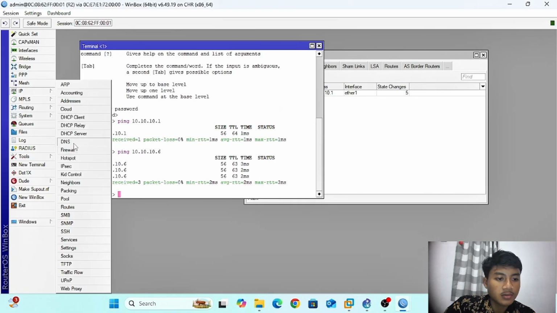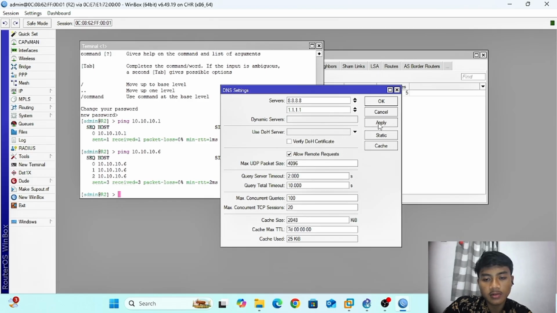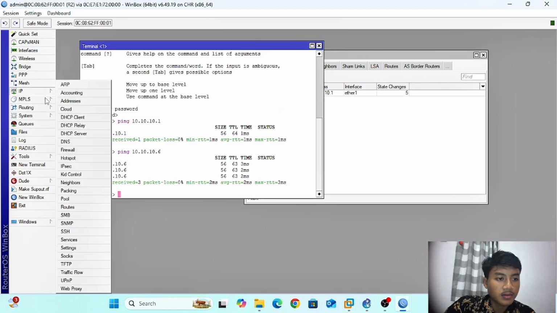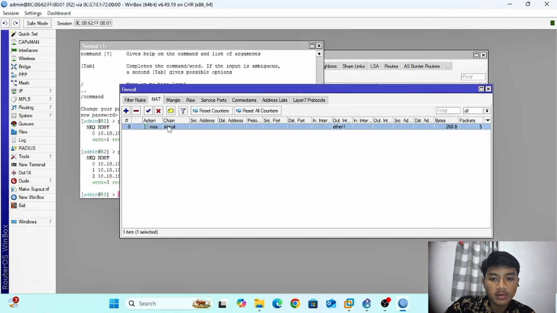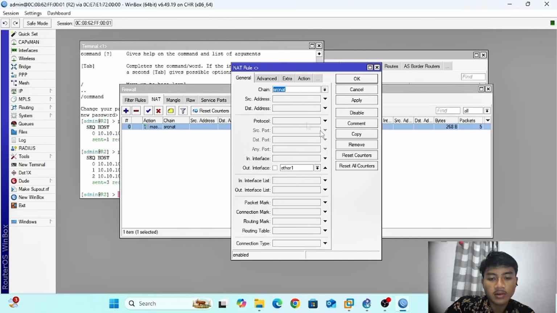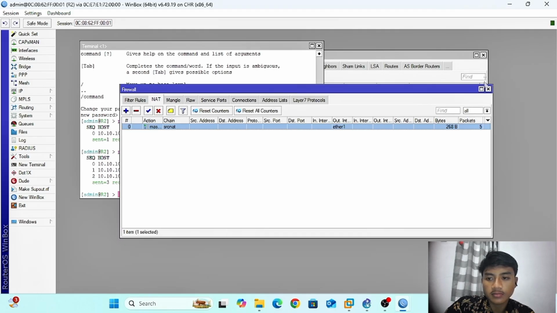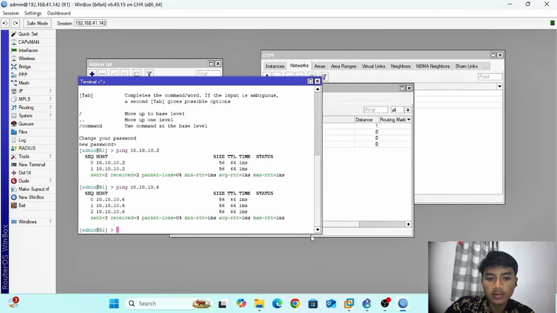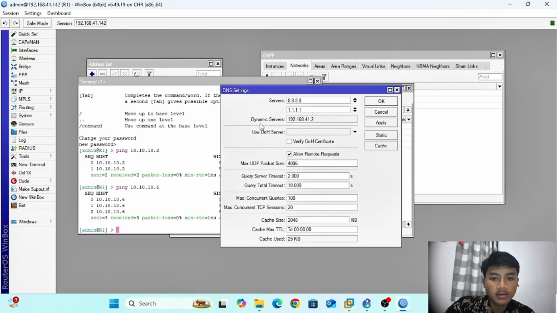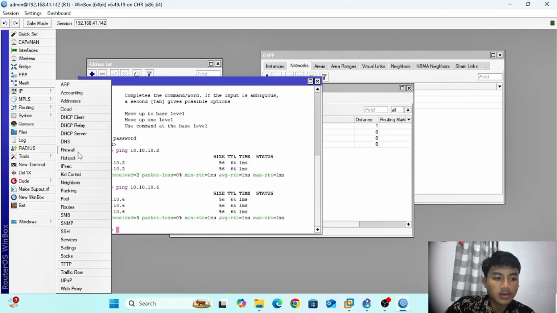And then at router 2, I will skip because I have configured router 2, and IP firewall, so like router 3, chain srcnat, out interface ether 1, action masquerade. And router 1, like router 3, and router 2.